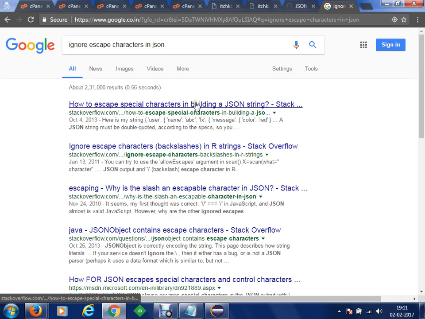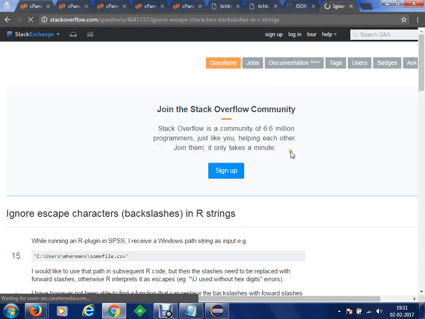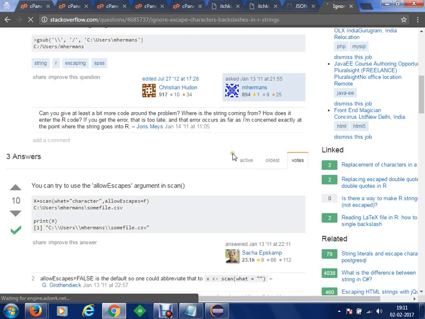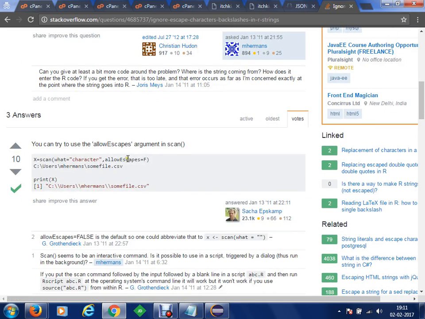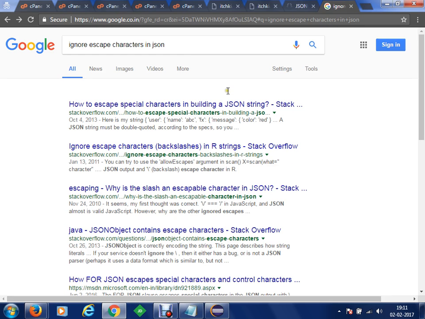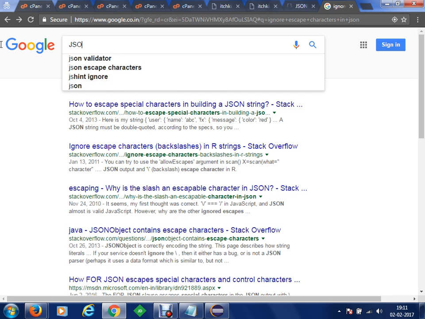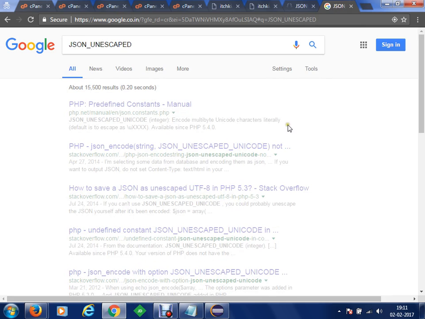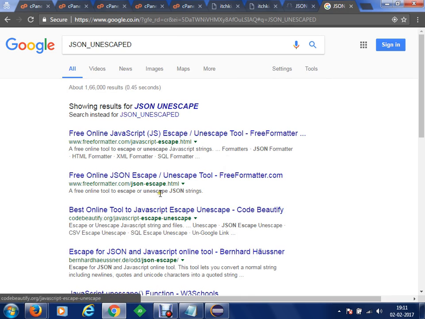So that is exactly known as JSON unescaped characters. It's a flag, so we'll quickly get the name of the flag. This is allow escapes. It's not that. JSON unescaped. Unicode is the name, I guess.